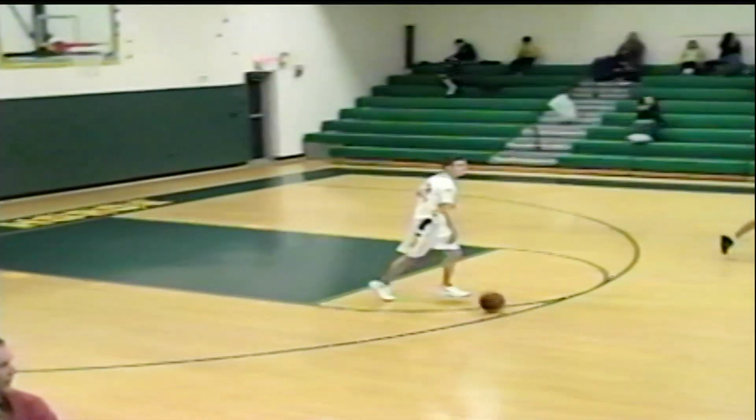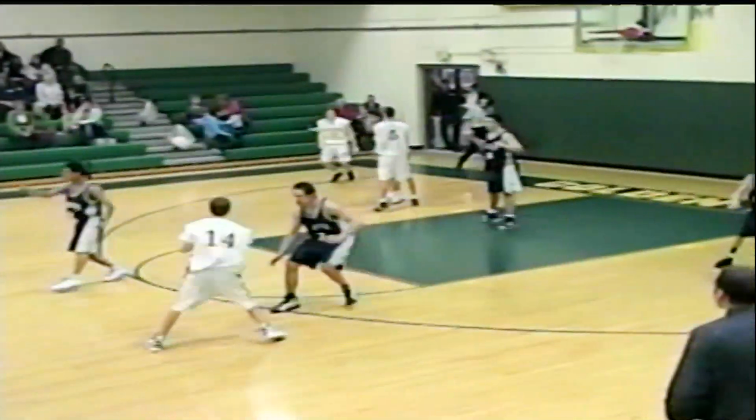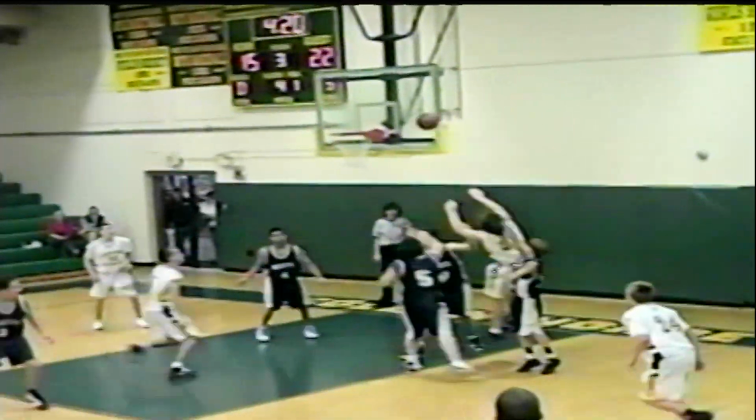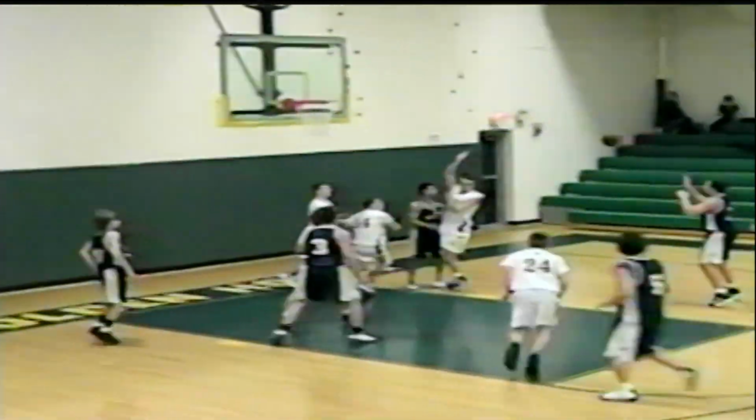4.5 minutes left in the third quarter, and they're at 3 team fouls already. West Rutland without any team fouls yet. Now West Rutland's Bowen in the ball game, or number 14, Allen, up, no good. Eels mistimed his jumper. He had the offensive rebound, and look at the hustle down the floor this time by